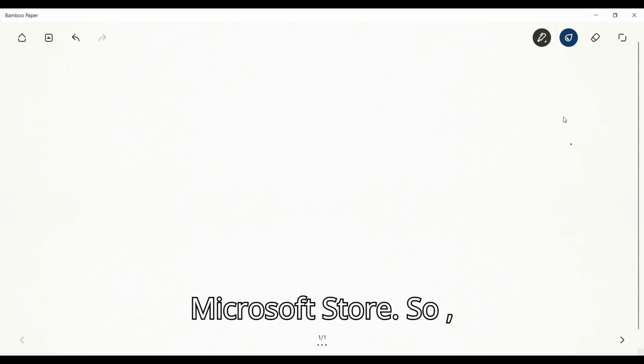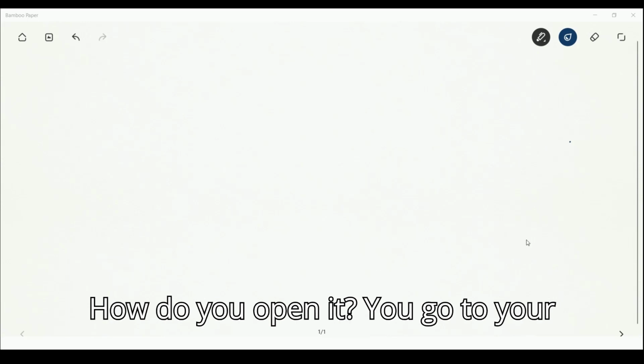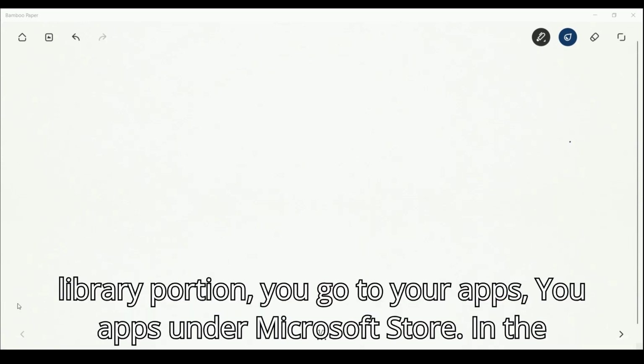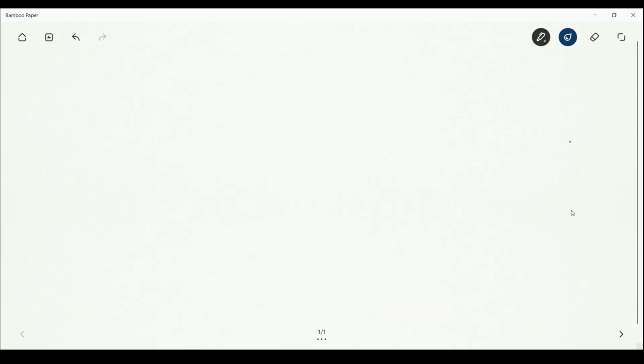Find it on Microsoft Store. So how do you open it? You go to your apps under Microsoft Store in the library portion. You go to your apps, you open it, and then